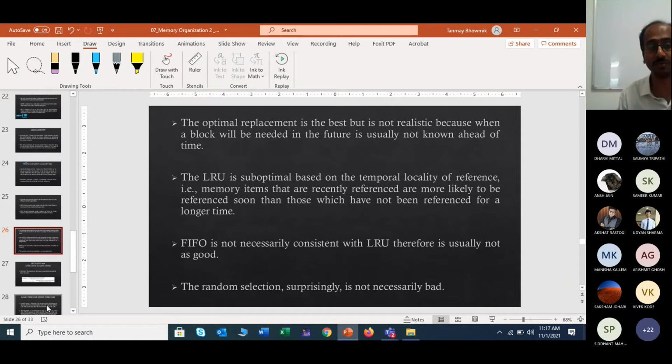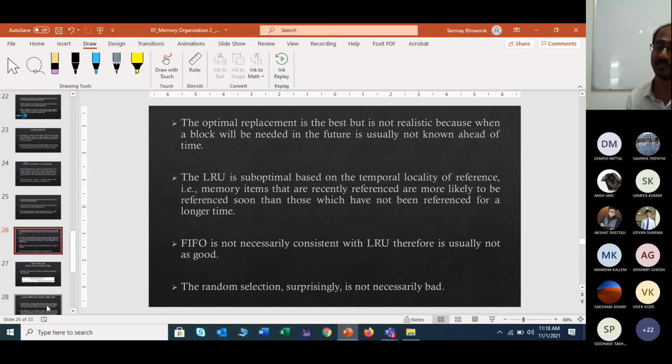Same with LRU, least recently used. That means you are saying that he has not used this data during the last so many days. But who can say that from tomorrow onwards you will not use it? So again, some problem is there. And what is the logic behind it? LRU is said to be suboptimal based on the temporal locality of reference.